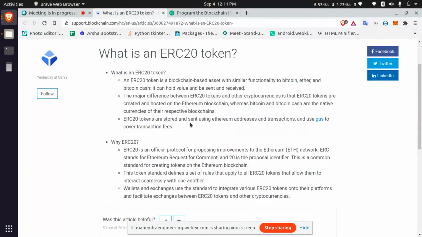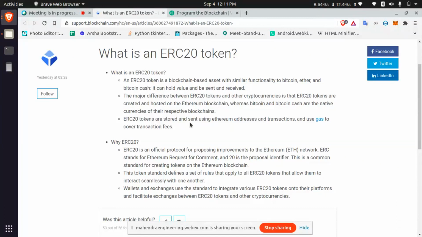ERC20 is also a contract, but it has a standard for tokens. For example, if you are creating a use case like an array of students, and you are going to allocate an amount to those students, you can manipulate the balances with your contract itself. That is the concept, but they are making it a standard. ERC20 standard. Standard means they are following some terms.